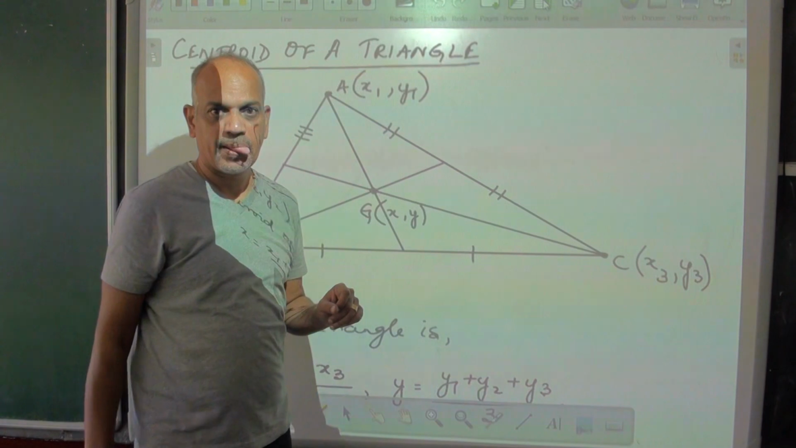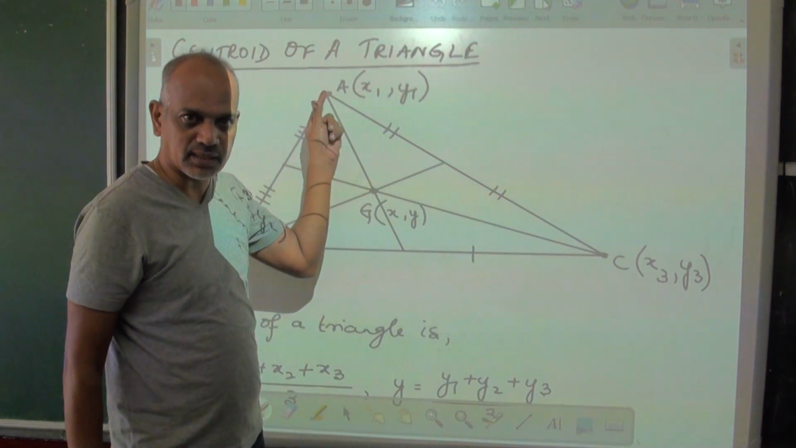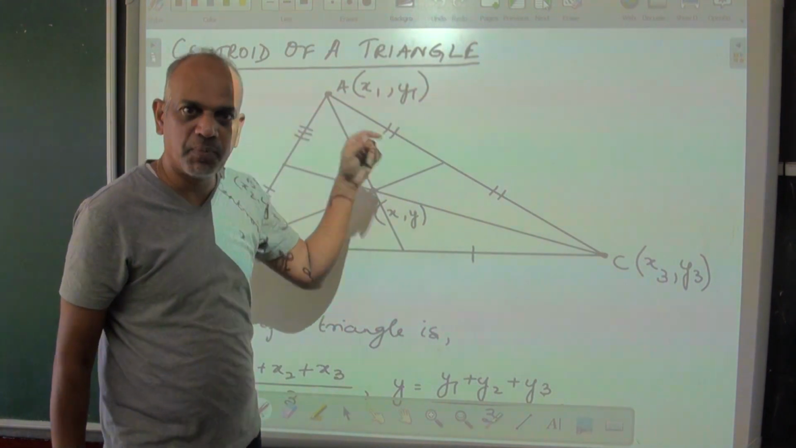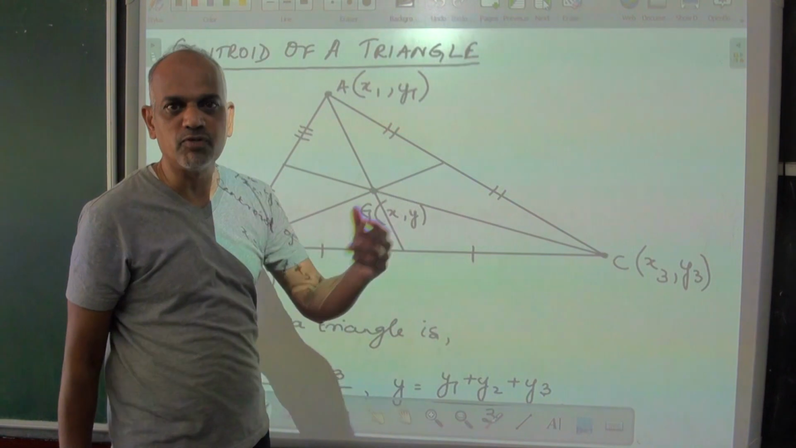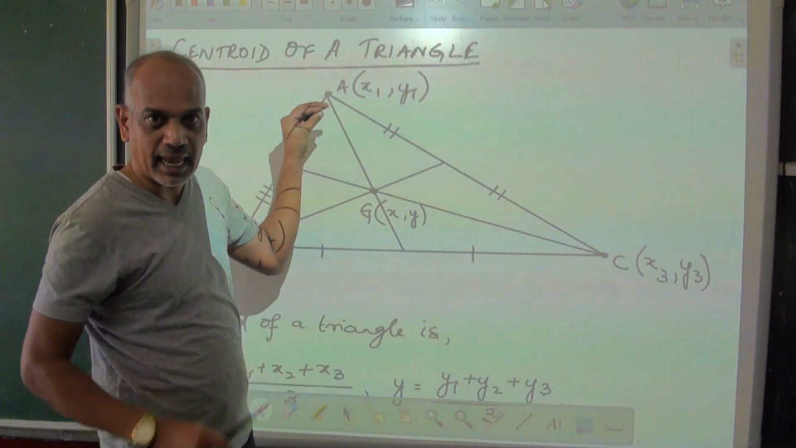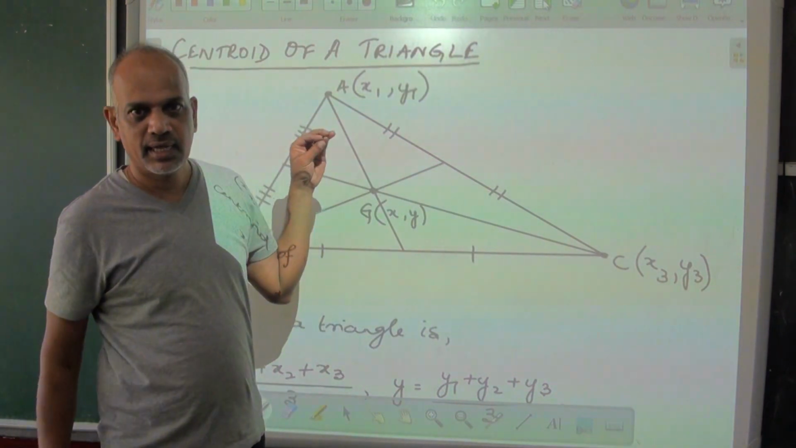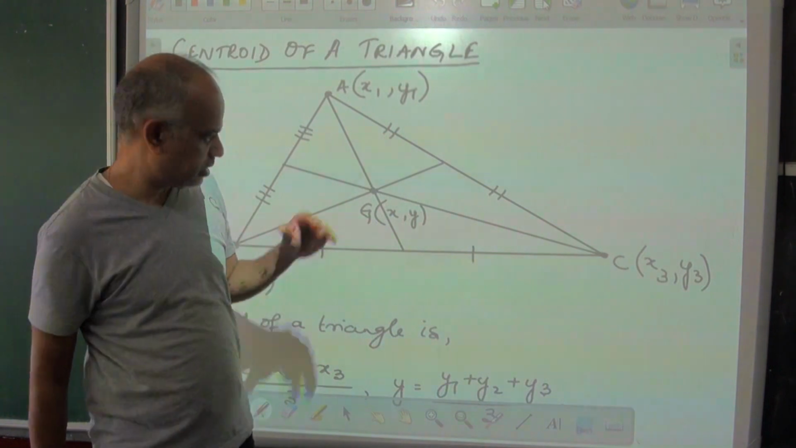What is a median? A median is a straight line from any vertex of a triangle to the opposite side, and it should divide the opposite side into two equal parts. It starts from one of the vertices and it goes to the opposite side, and it divides the opposite side into two equal parts. Okay. So here,